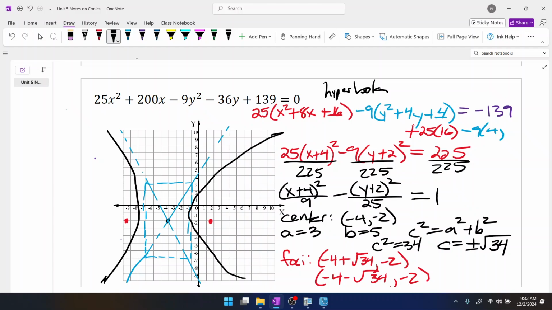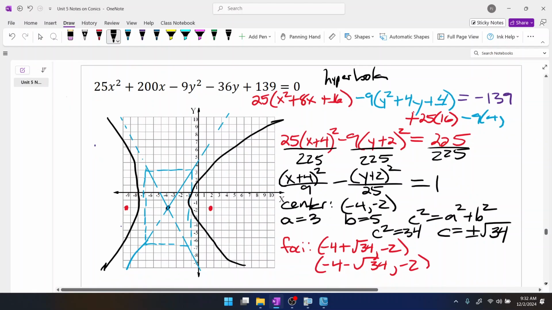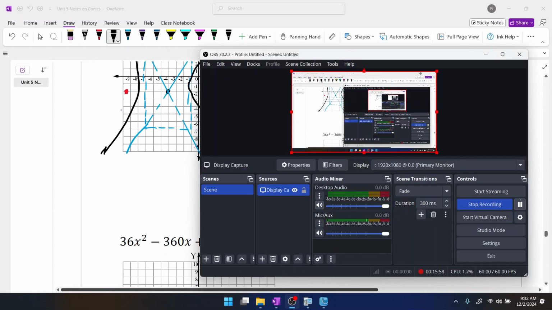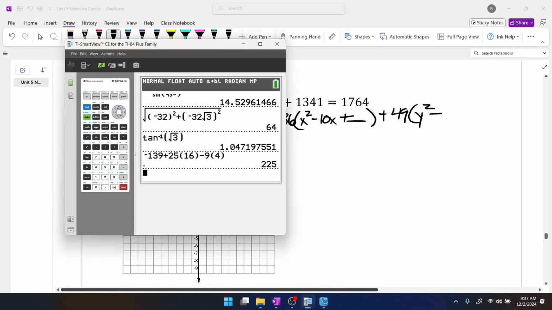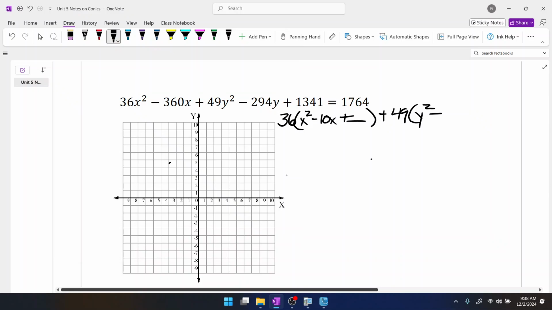All right, so let's do another conic. I'll throw this one here, to say the least. All right, so let's factor some stuff out here. So you have 36 times x squared minus 10x plus blank, we know it's going to go here, plus 49 times y squared minus 6y, plus blank. 294 divided by 49, I should know what that is. I wrote the problem. Bless you, by the way. And that's going to equal,